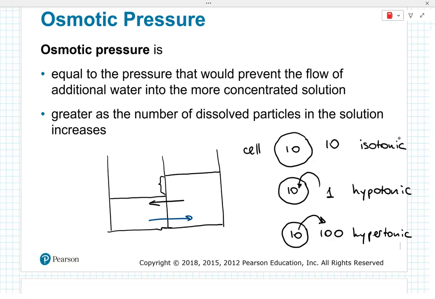So think of it this way. If you take a cell, right, and put it in the environment which has much greater salt concentration,